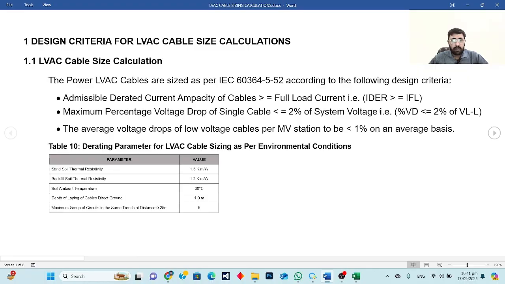So now we move on to our topic, LVAC cable sizing. Basically, cables are very important factors when we are sizing. The cables will be used to transfer the power from the source to the destinations where the load is connected